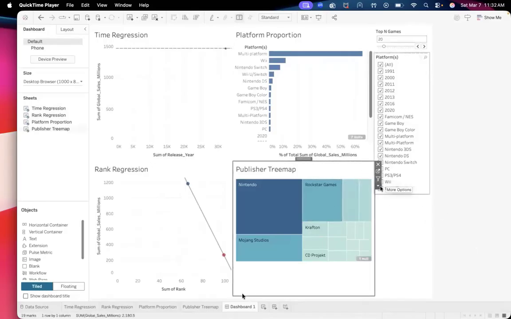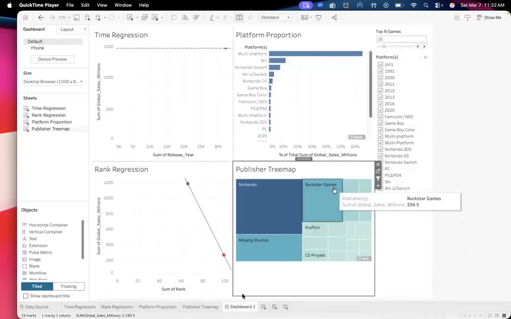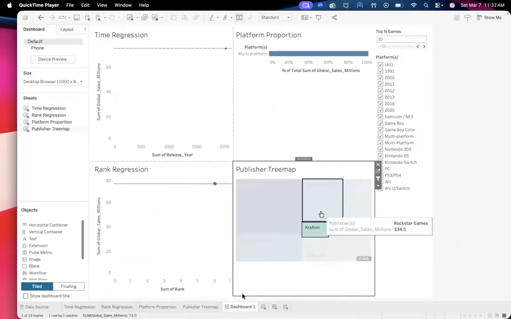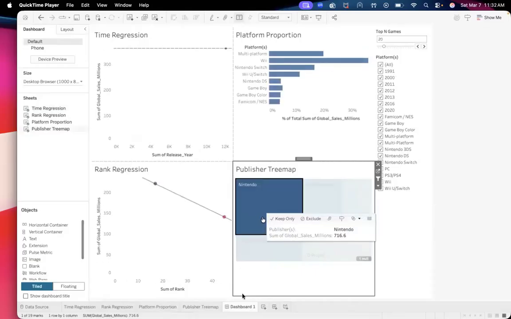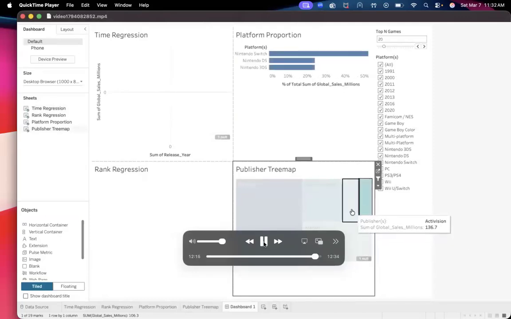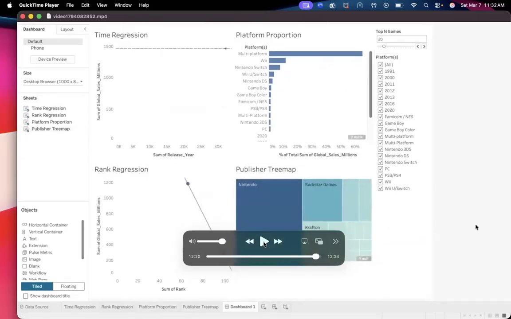I personally would like to use just the tree map as I see that it shows the global sales very easily. You can determine which one had more global sales than the other. You can also see that using the tree map filter, the dashboard changes as you choose the different options, the different publishers and platforms that are available. With the tree map, you definitely see that Nintendo does dominate in global sales with a total of